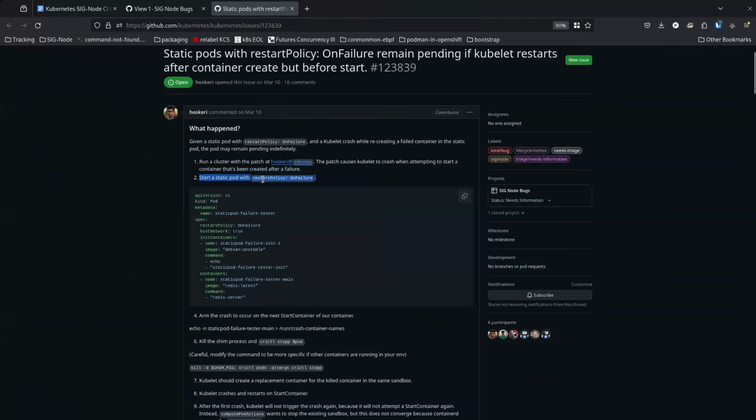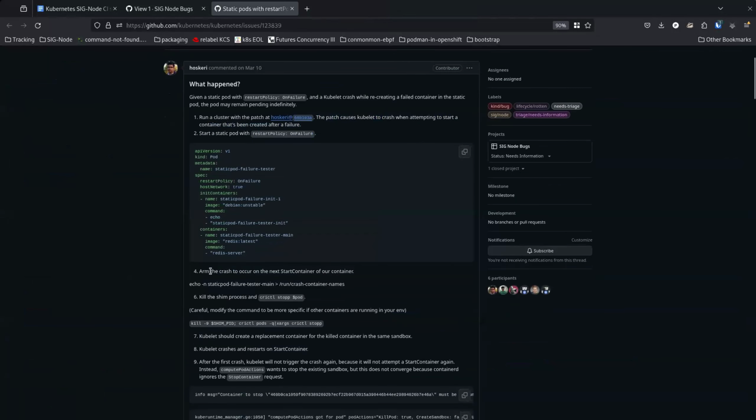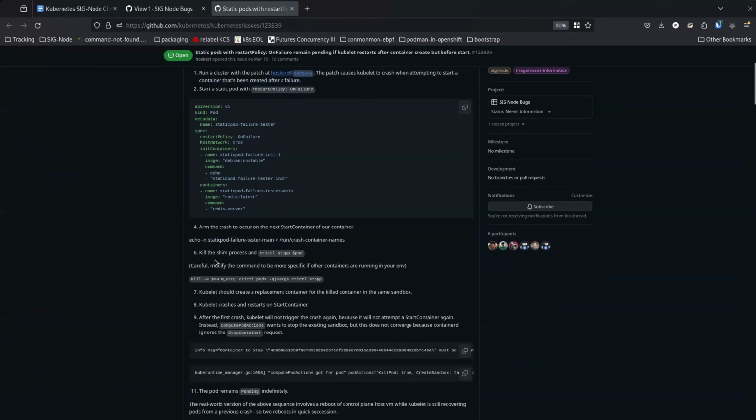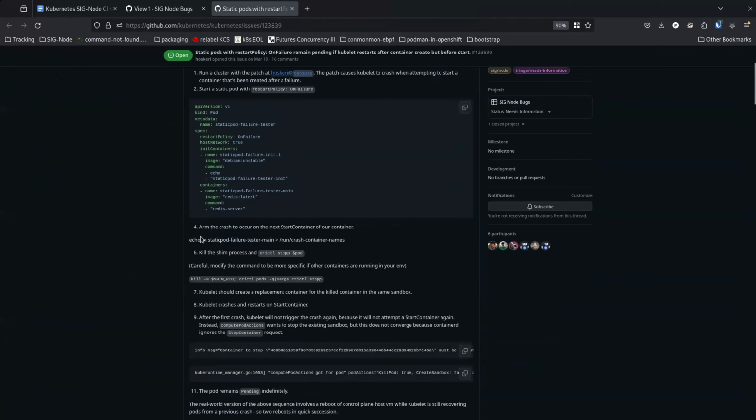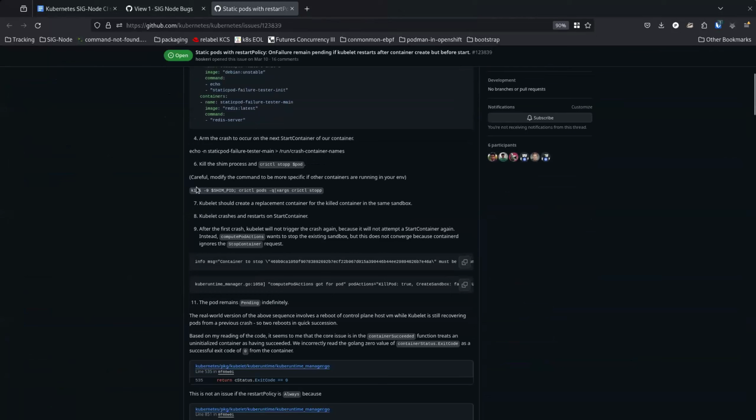Cool. Artificial crash. This is really in-depth. I don't think that this actually happened in real life. I think that they found something else that happened.